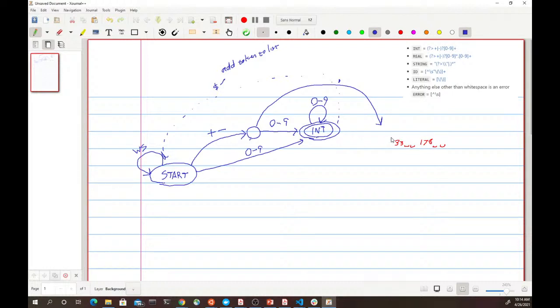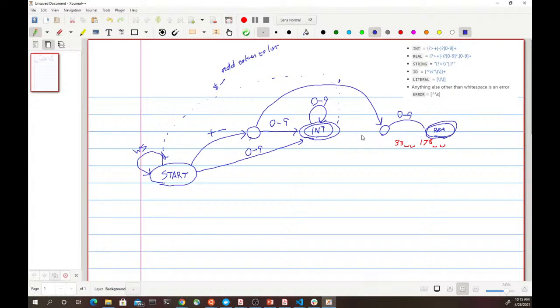Well, you still need to, after that, parse another number, 0 to 9, because you need to parse at least one. There's a plus sign there, right? And then at that point, you're a real, according to this state diagram,